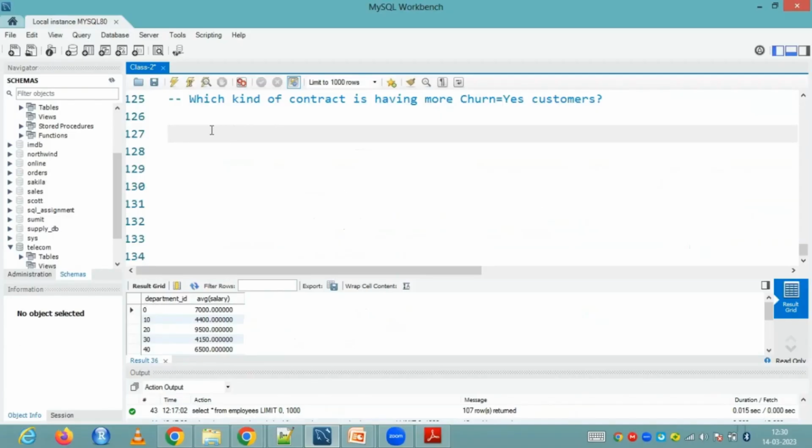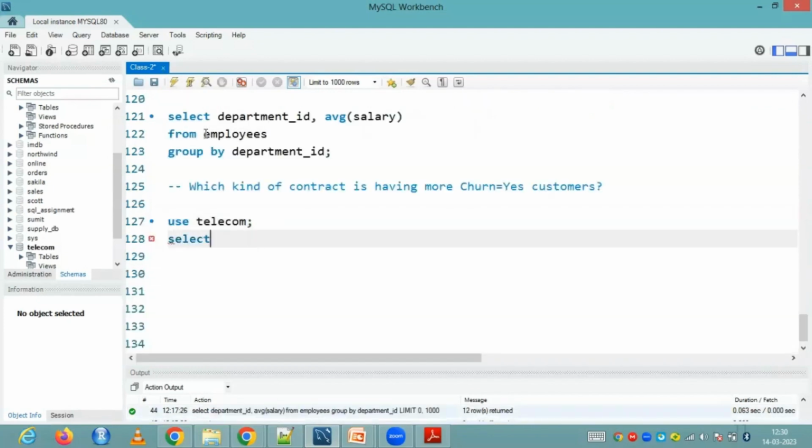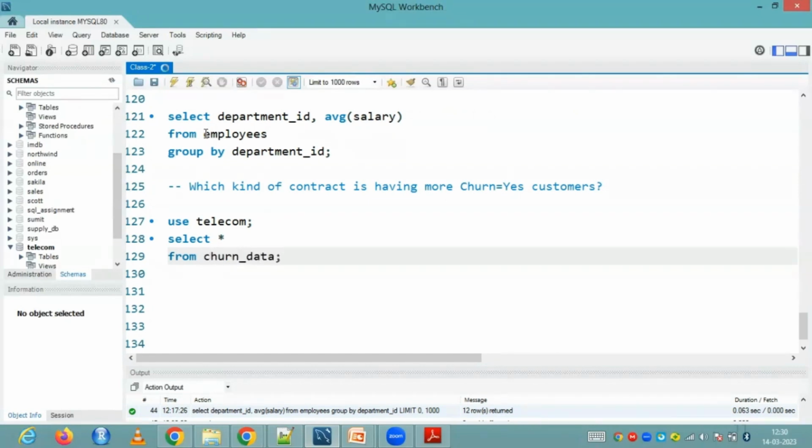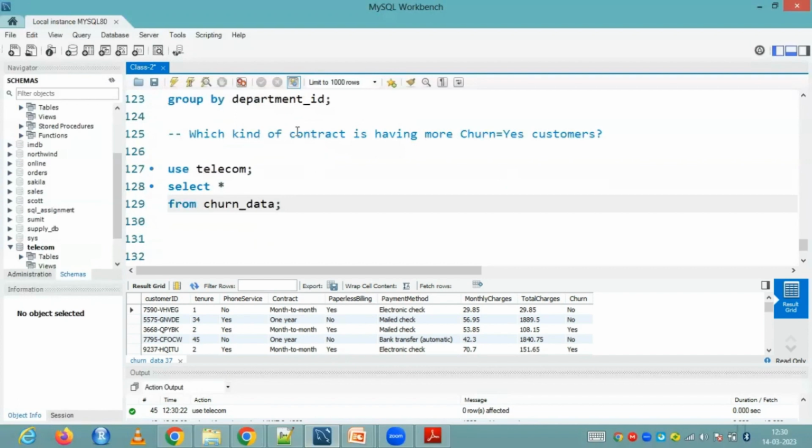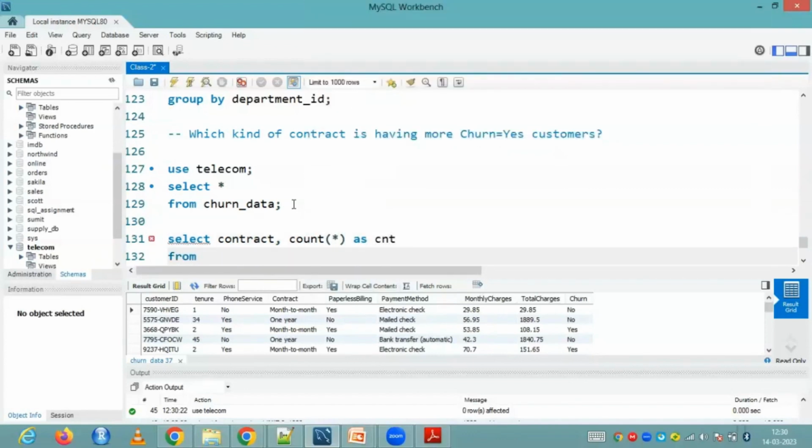This question is asking us to find out which kind of contract is having more churn is equal to yes customers. So I'll use my telecom database and I'll look into the churn data table. Now I have to find out contract wise, which kind of contract is having more number of churn customers. So I'll first of all find out contract wise number of customers as CNT from the table churn underscore data